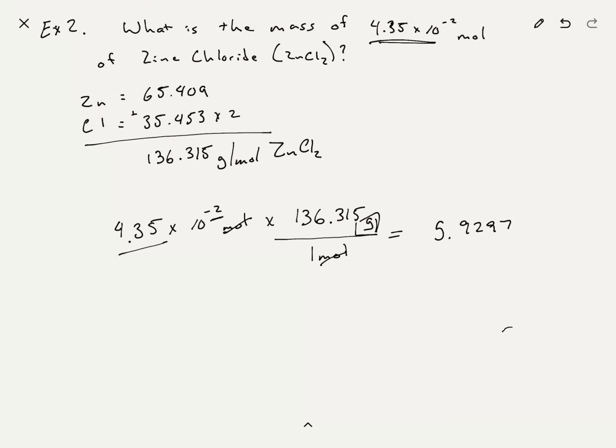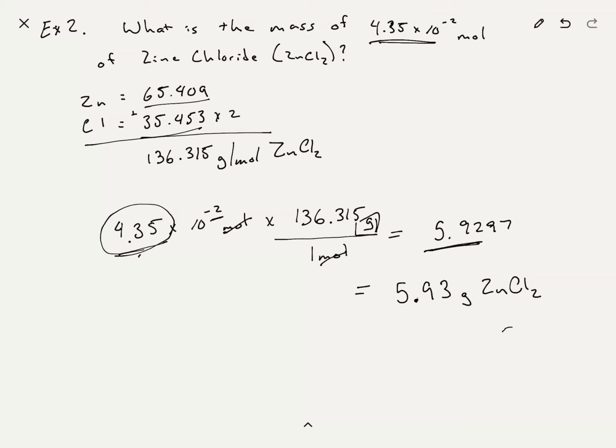I can stop there because that's going to give me enough numbers to round, because we're going to have 3 significant figures, because once again we have 3 in our problem, and we have 5 from both of our molar masses that were given to us off the periodic table, so we're going to have 3. So our final answer is going to be 5.93, because that 9 is going to make the 2 round up, grams of zinc